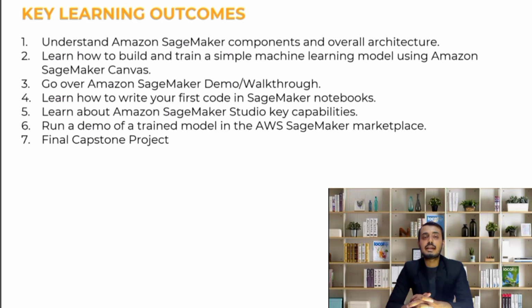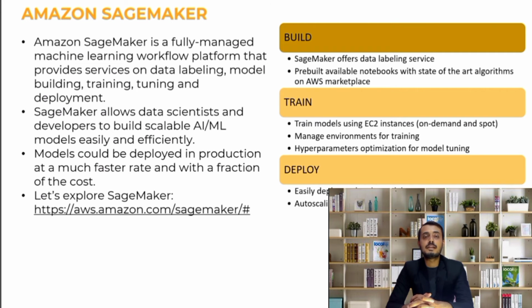Because we are still in the introductory lecture, I just wanted to give you an insight of how easy it is to build really powerful machine learning models, again with zero coding. Please note that we are going to have a detailed lecture later in this course. We are going to dig a little bit deeper into Amazon SageMaker Canvas and use a little more advanced datasets. Afterward, we will go over the Amazon SageMaker demo and walkthrough.